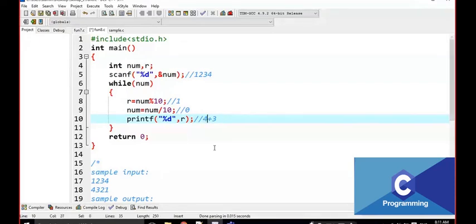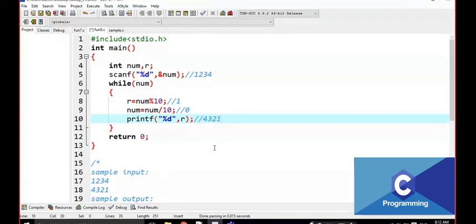Then again it is going to be 2, again into 10 every time. 43 into 10, that is 430. 430 plus 2, that is going to be 432. Then again into 10 plus 1, that is 4320 plus 1, that is going to be 4321.